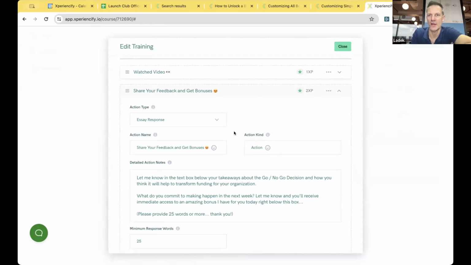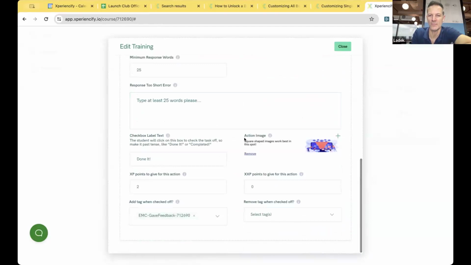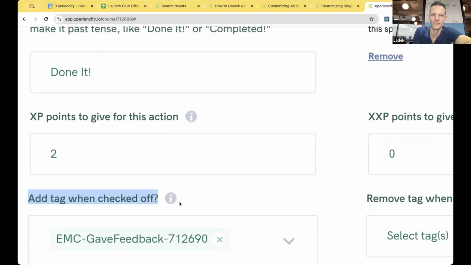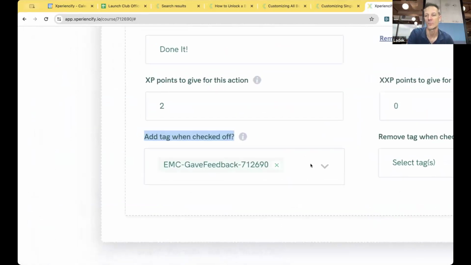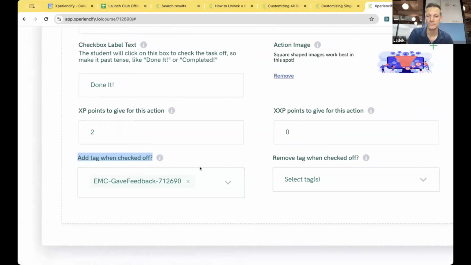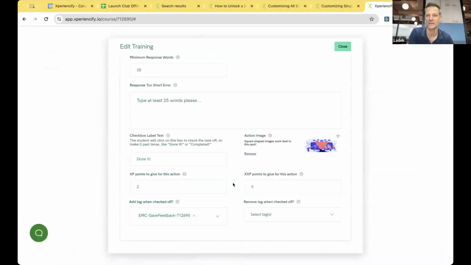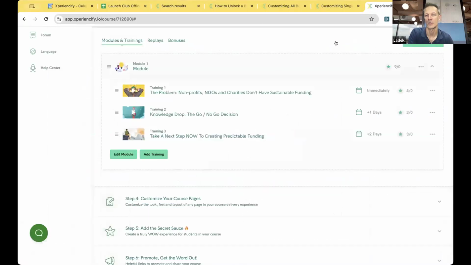In actions and points, you can see down at the bottom of every action or points, you have the ability to add a tag. So in this particular case, when someone checks off that they have provided this feedback or taken this action, what we're indicating to the system is that yes, they took that action. So give this tag, put this tag onto the learner's account. And when that tag is put onto the learner's account,